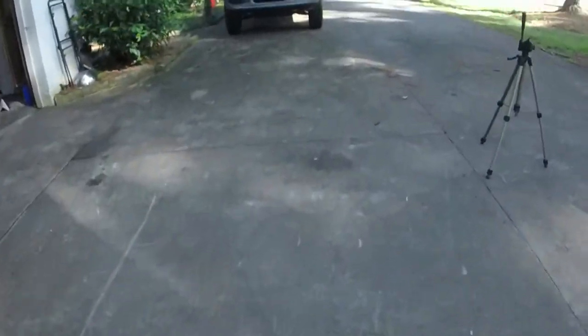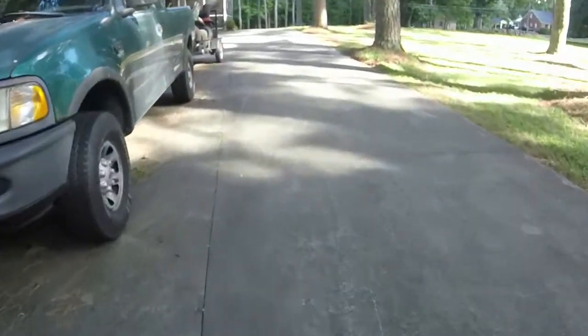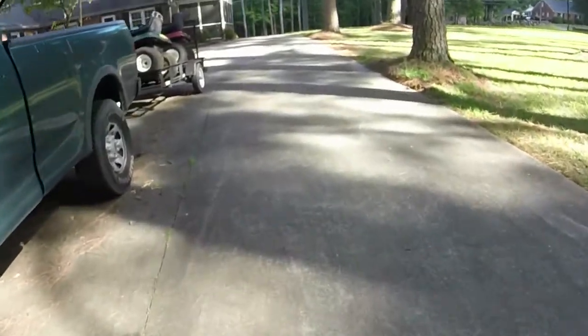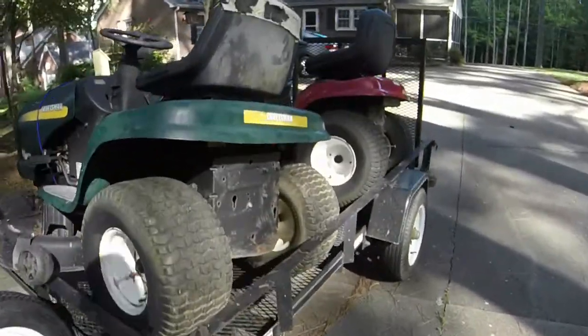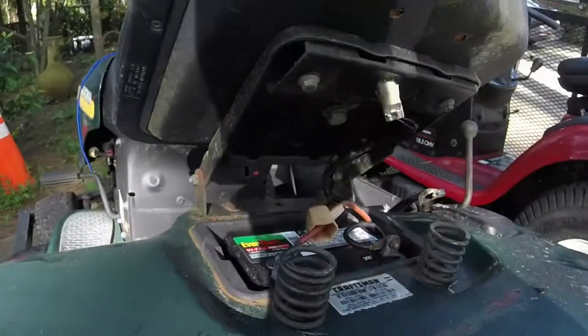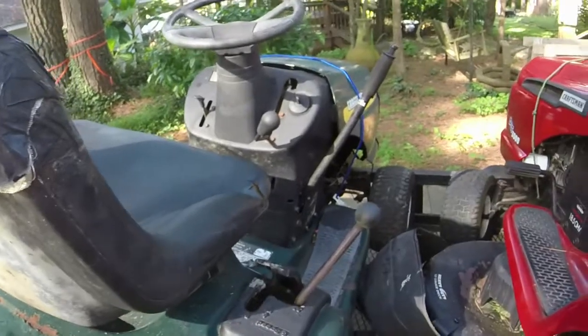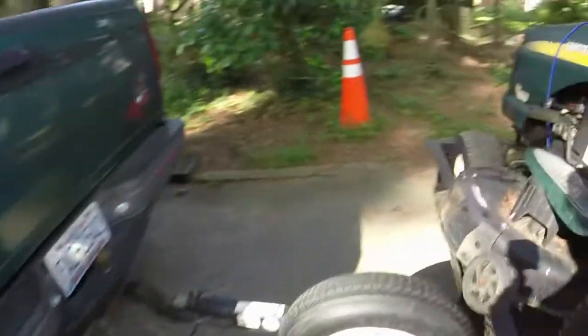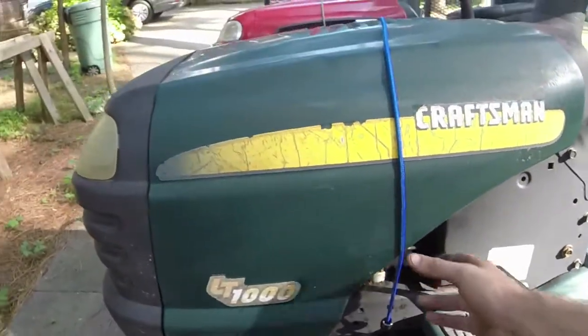I'm already a little bit behind because I didn't realize that somebody had done some rigging to the wiring to make it run after they had put a Murray seat on it and disabled the safety switch, or the safety switch didn't fit on it. So they ended up taking off the entire wire to the coil. So I had to wire that back on. I did take off the anti-backfire solenoid wire, but